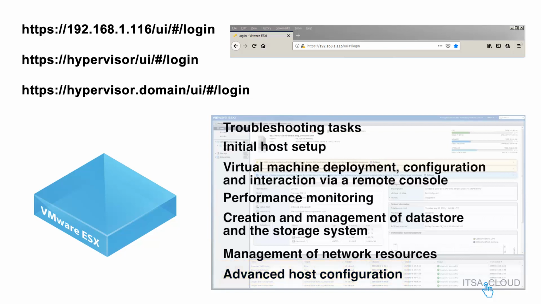So once you are into this hypervisor, you can do all that, but there is something that you have to